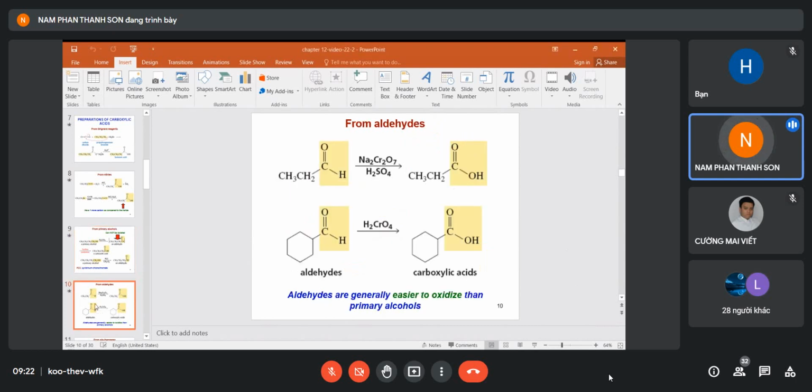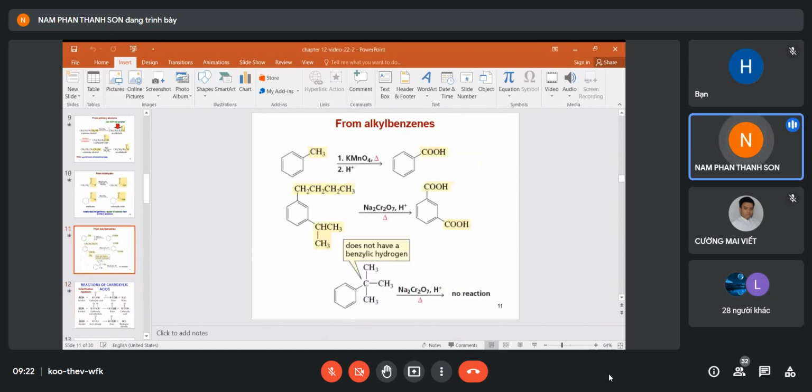And of course, we can get carboxylic acid from aldehyde. It's very easy to oxidize aldehyde to carboxylic acid. Okay, easy. To make aromatic carboxylic acid, I mean benzoic acid and its derivatives,